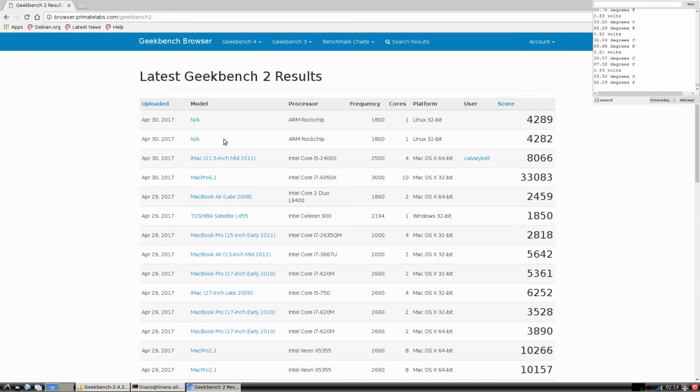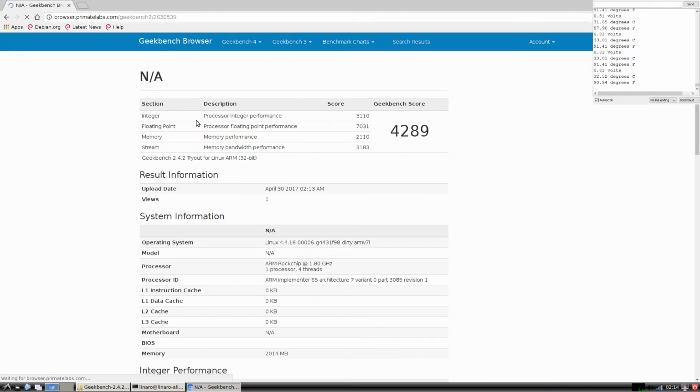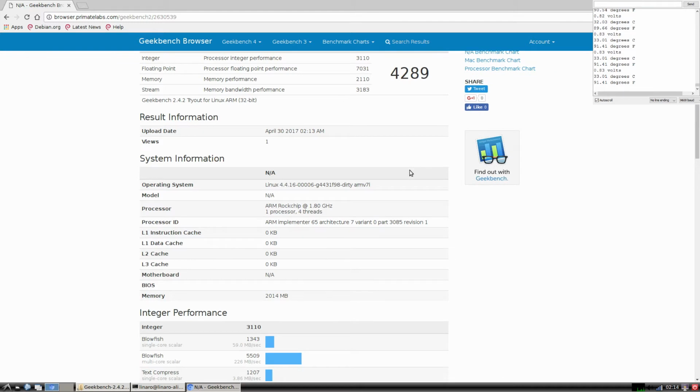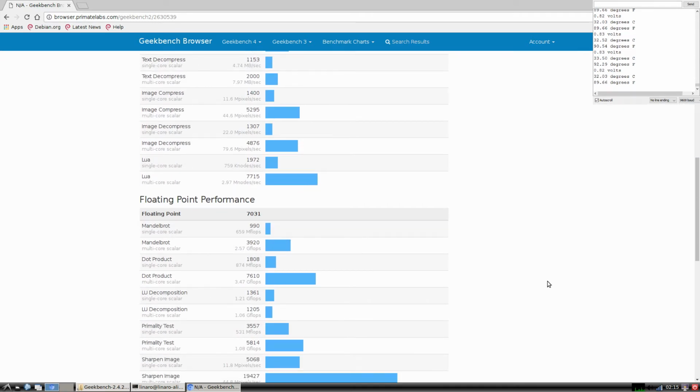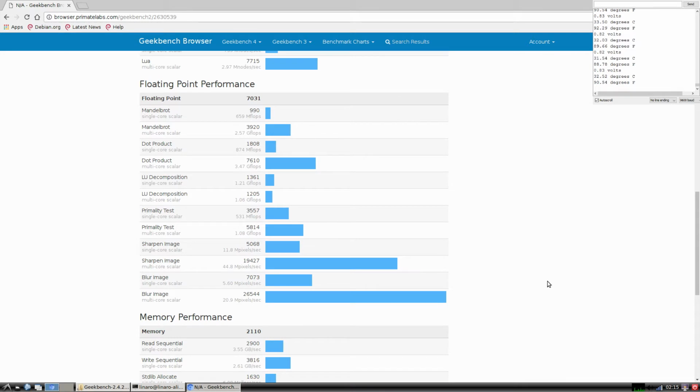Alright, and so these are the two benchmarks I just ran. So 4282 and 4289. Let's look at this. So there it recognizes the ARM Rockchip and everything. Different scores. So in comparison to what Asus said,